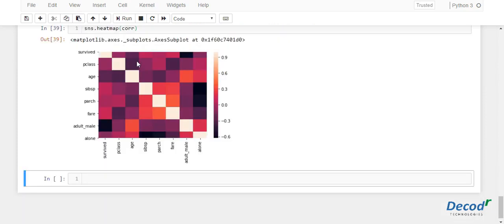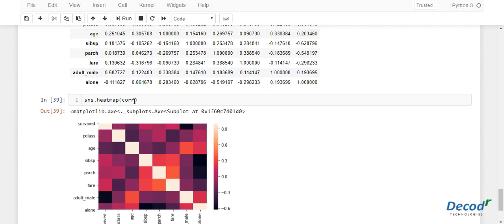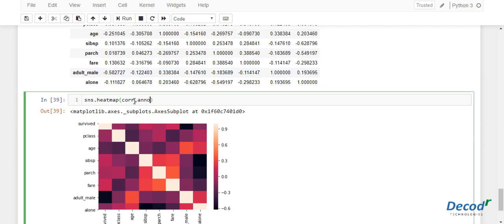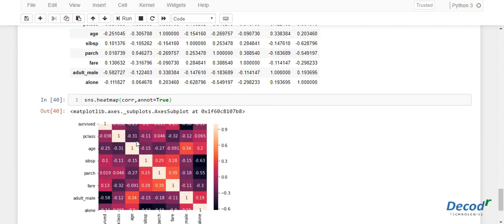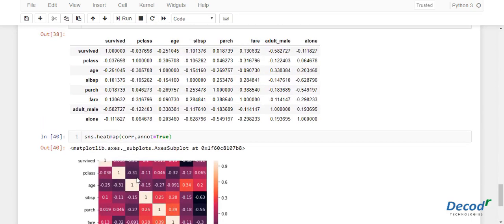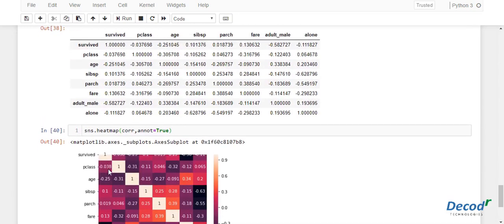So let's set the annot parameter as true, and it will display the value for each box. And you can observe that the value of the correlation has been mentioned here, minus 0.38, 0.38, and whatever is plotted is the same value that has been displayed here.